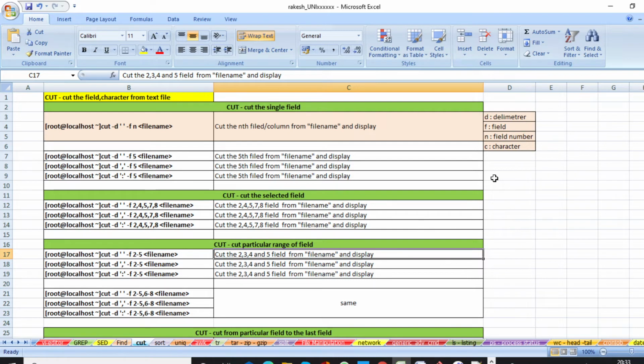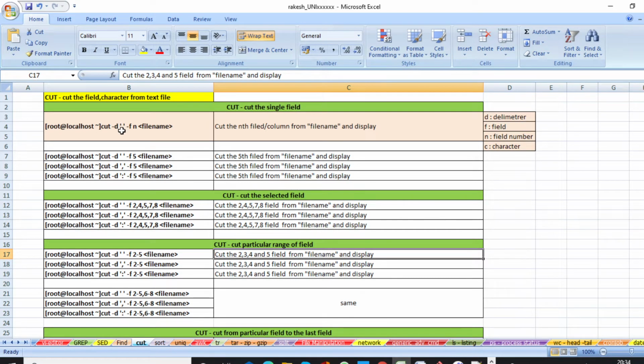In cut we are using the hyphen d option, we are using c, f and d. d stands for delimiter, f stands for field, and c stands for character. So you can see here cut hyphen d, then you can see two quotes there. Inside the quotes you can take a space or comma or maybe anything.